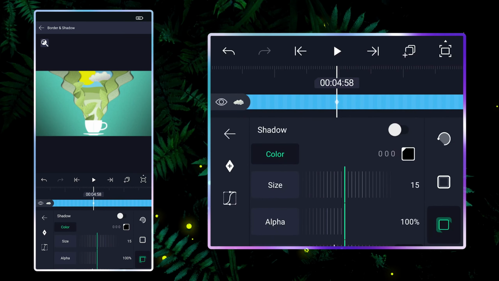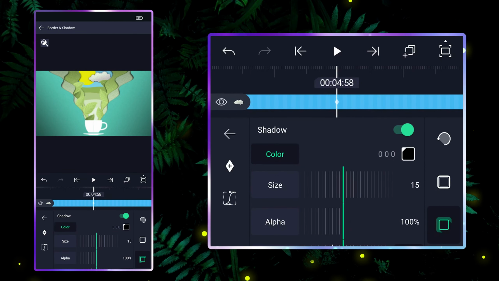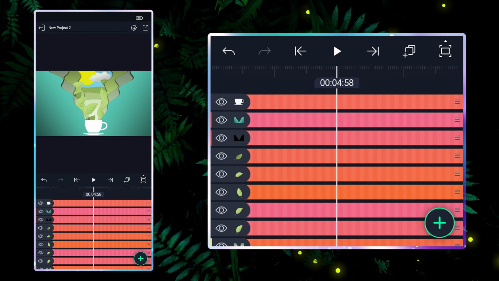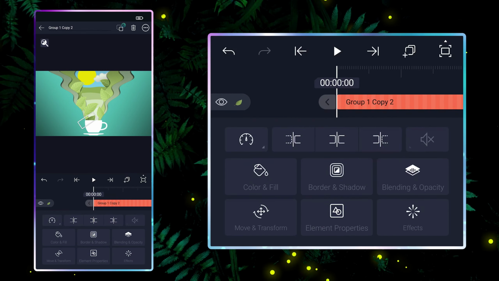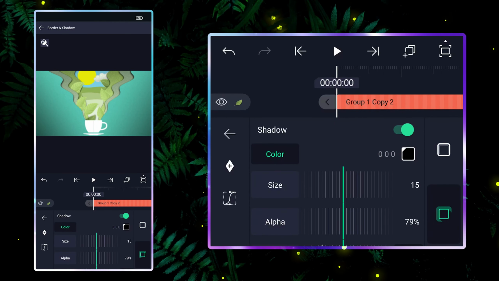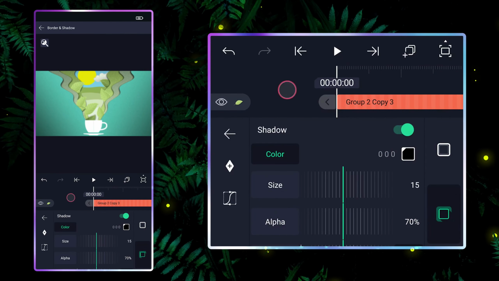Add little shadows to the cloud and all the leaves. The default shadow values are great, but you can adjust the alpha to create a soft shadow.